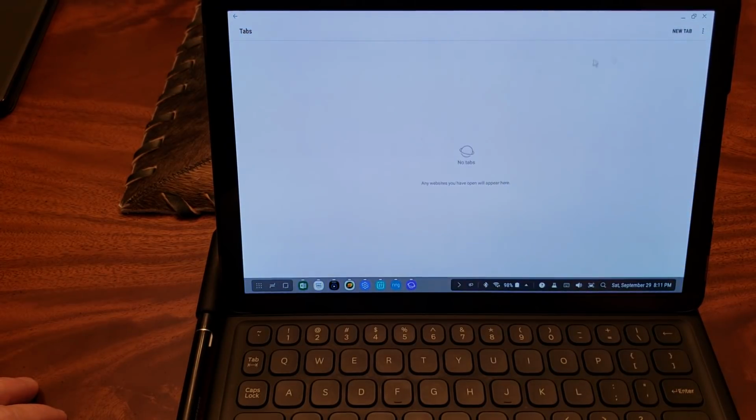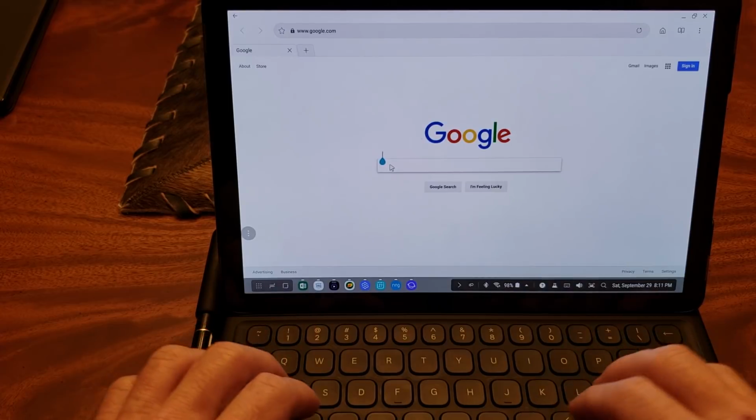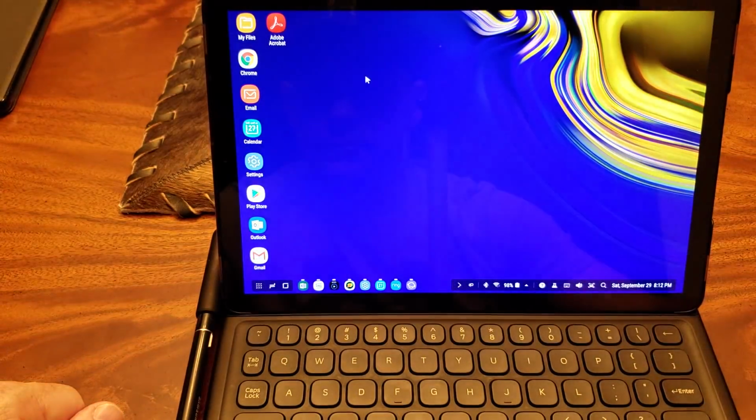Here we go, right? Let's go to New tab, and I'm going to type here. Look here, I am trying to tap. Let's type in Yahoo, for example. Notice that even though the box should be here where I'm typing, it shows up right here. I don't know why it does that, because if I go to Chrome,